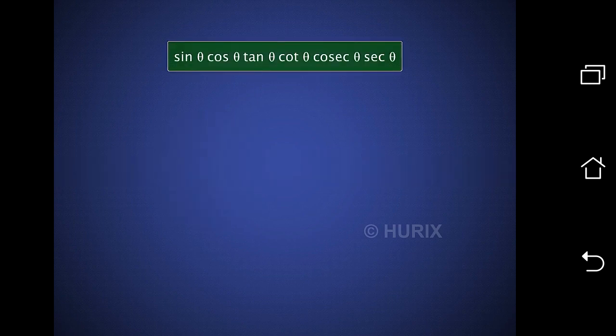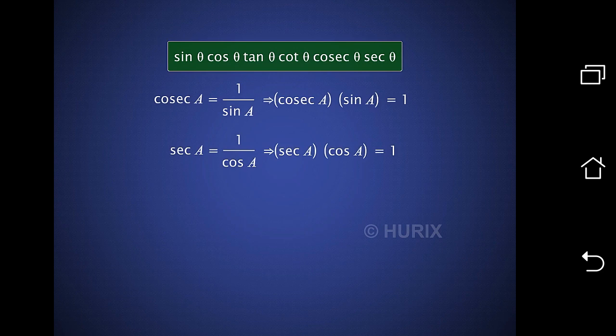Are you wondering how you're going to remember so many identities? Relax. Most of the identities are basic. We call them as reciprocal and ratio